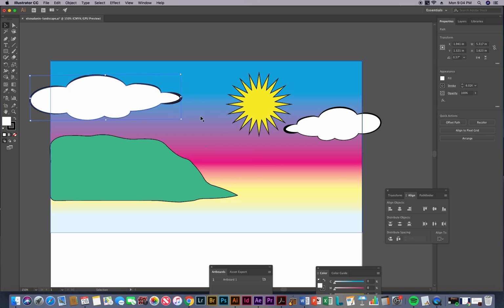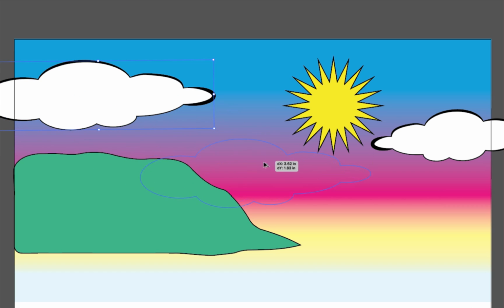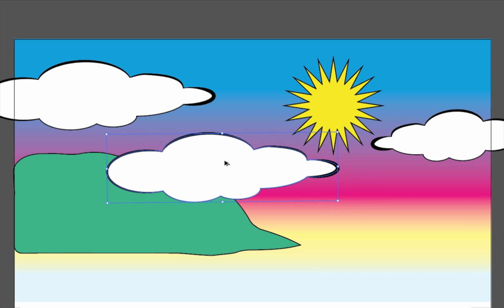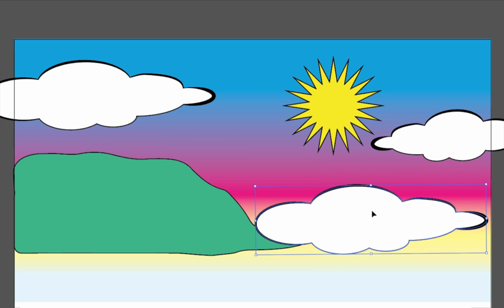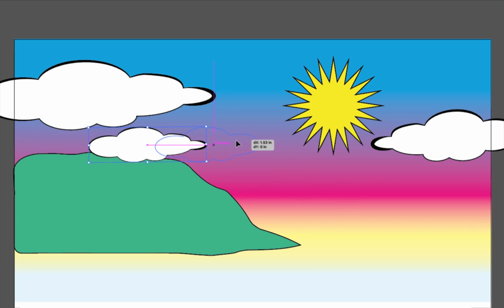And my favorite way to duplicate, remember that one? You click on the object with your selection tool and you hold down what key? Option, and then you have a duplicate tool right there. So you hold down the Option key and you click and drag out, release the mouse, then release the Option key. If you release the Option key too soon, what happens? I'm releasing the Option key now before I release the mouse, and I have just moved my object rather than duplicating it. I'm going to scale, holding Shift, scaling,